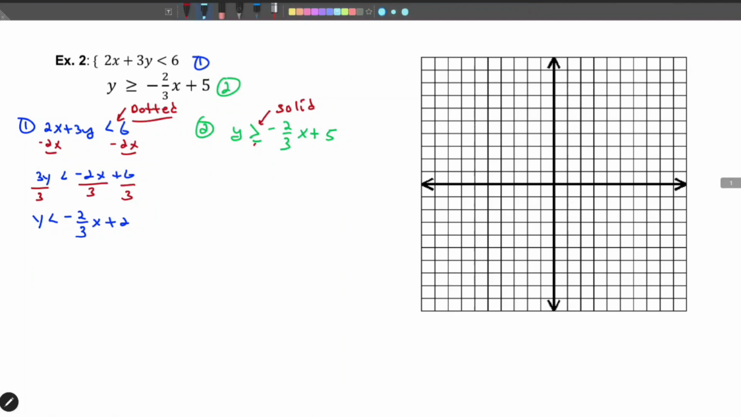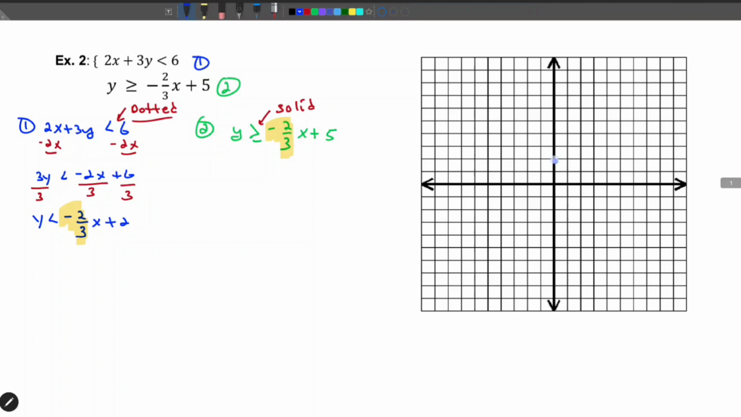Maybe we should point out, there's a couple other things going on here. I noticed when I was solving that they both have the same slope. Think about what that means if they have the same slope and what's going to happen. Okay, so let's graph equation number 1. My y-intercept is at 2, so I'm going to come over 1, 2,